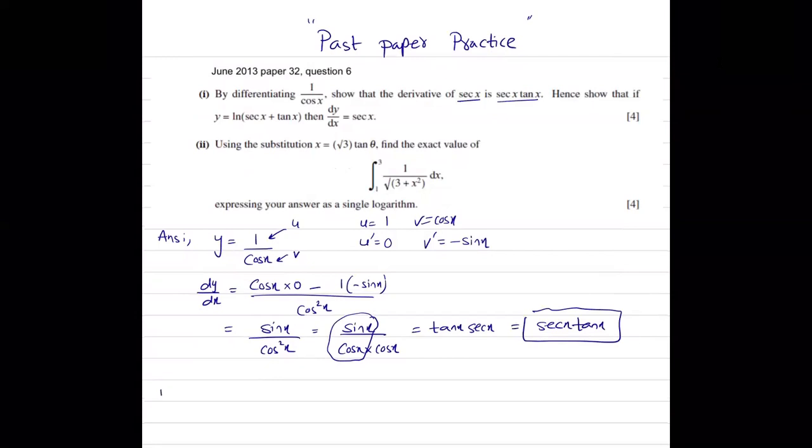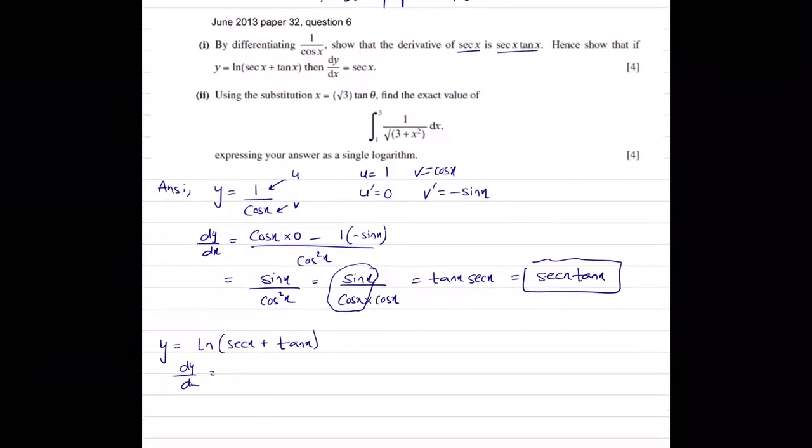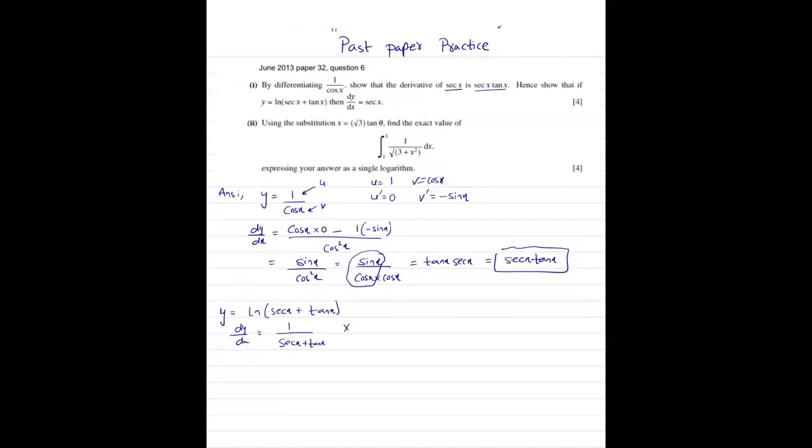So, if y is equal to ln of secant x plus tan x, dy by dx is going to be 1 upon secant x plus tan x times the differentiation of secant x, and we know that the differentiation of secant x is secant x tan x, and the differentiation of tan x is, what is the differentiation of tan x? Secant square x, right? Yes. Can you hear me? Okay. Yes.